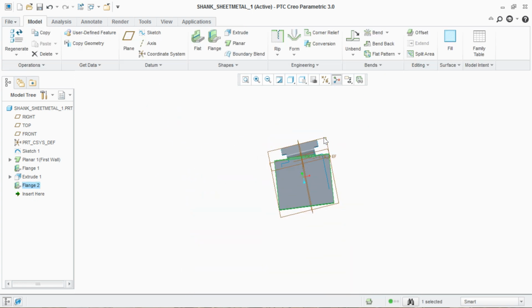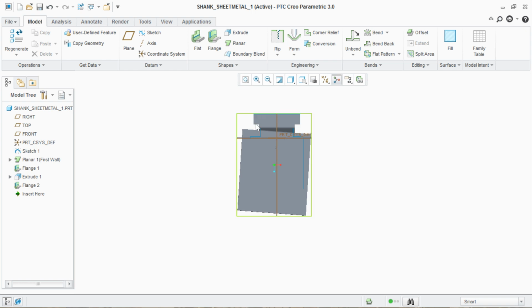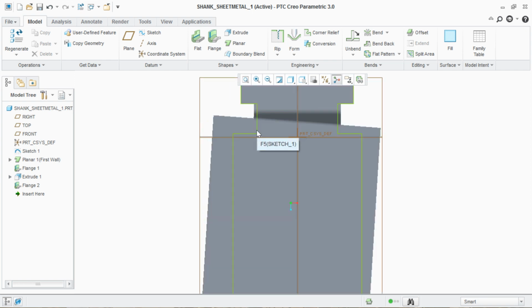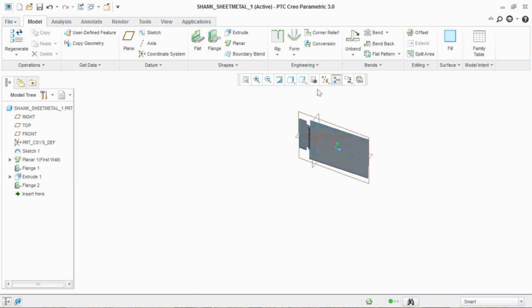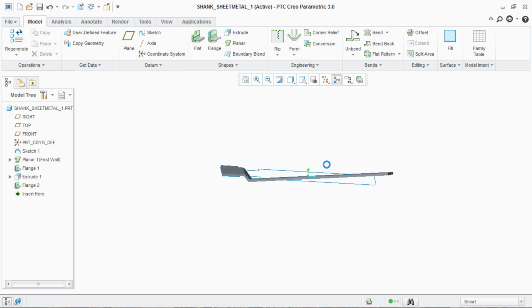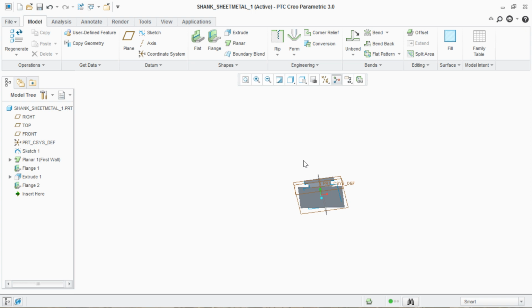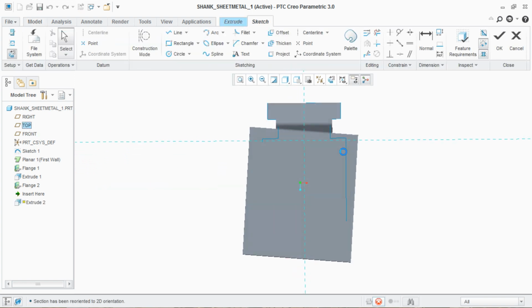Click on OK. Click on top. You can see your shank is here. Only we have to remove extra surfaces using this extrude, this sketch. Or you can also see the lift and twist in the shank. Checking lift and twist I already explained to you in the earlier video. Please go and watch that video. Use the extrude command. Click on top.